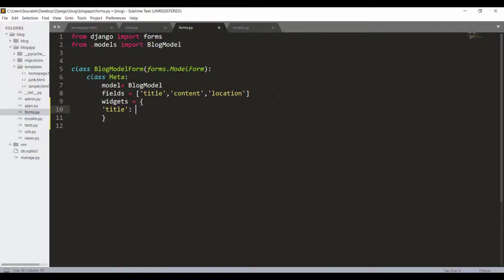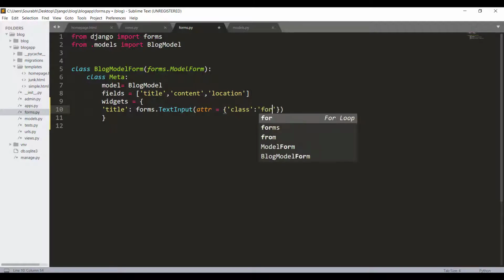Our title field will take an instance of forms.TextInput, and in this we have to specify the attributes, which will again be a dictionary in which we specify a class, and we are going to use Bootstrap. So I am writing form-control. That's all.